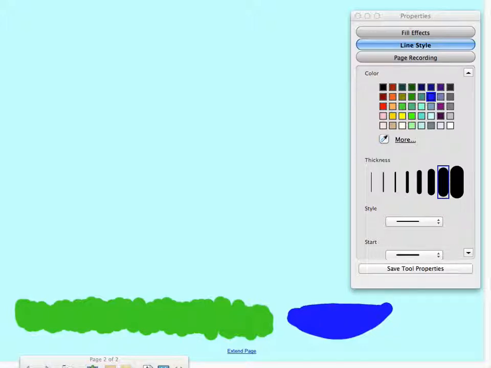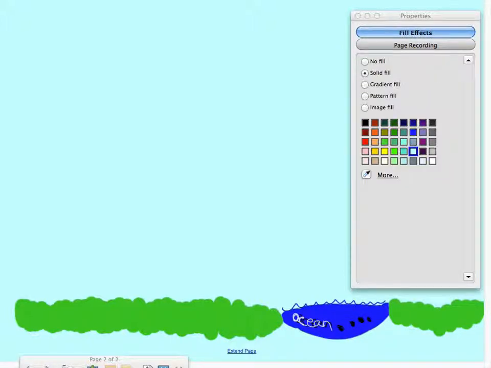And this is going to be our ocean. All right, so start your picture off with your grass, your ocean,